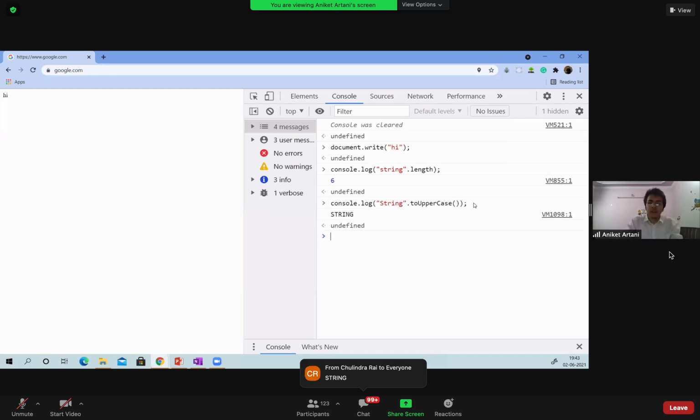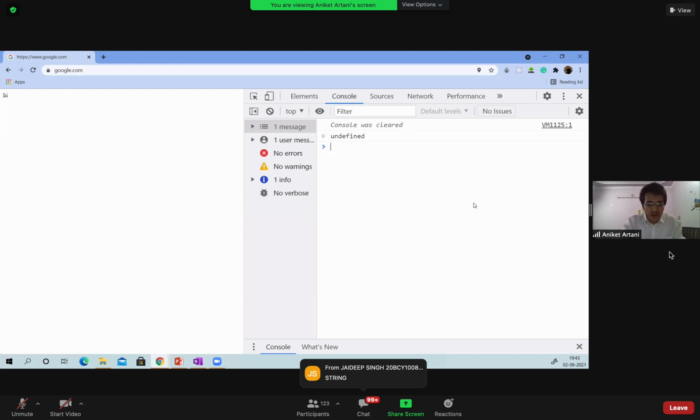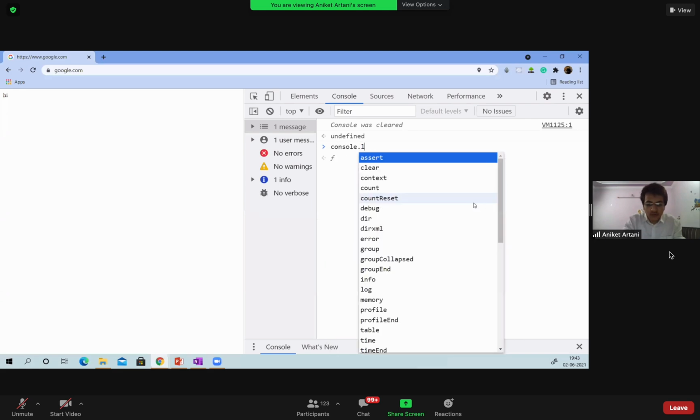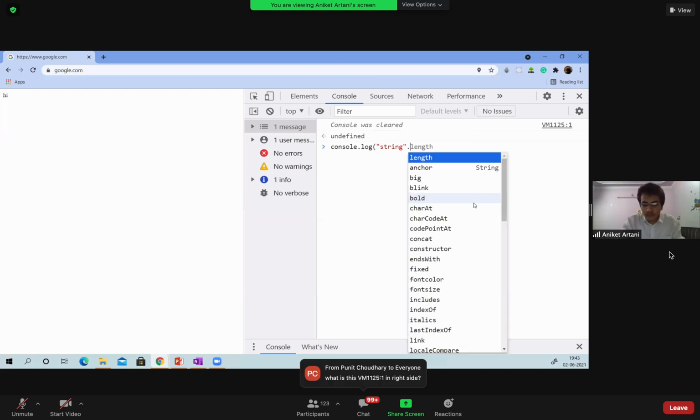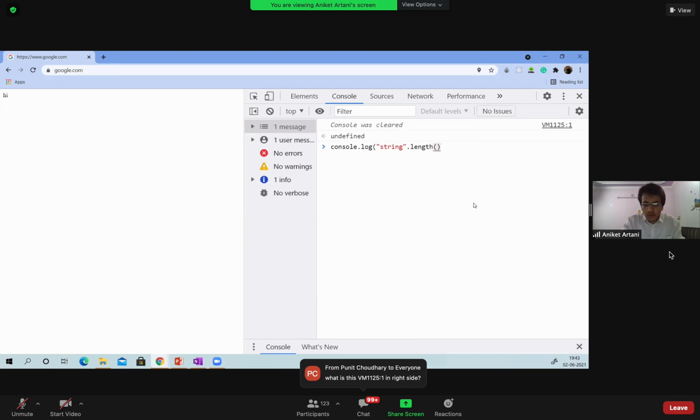Yeah, correct. String in all the uppercase characters. Okay, let me clear my screen again, means clearing my log. Wait, not string.